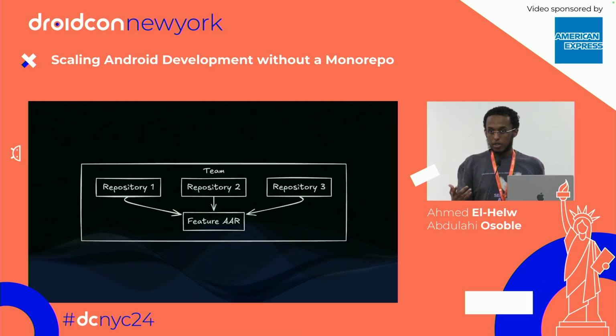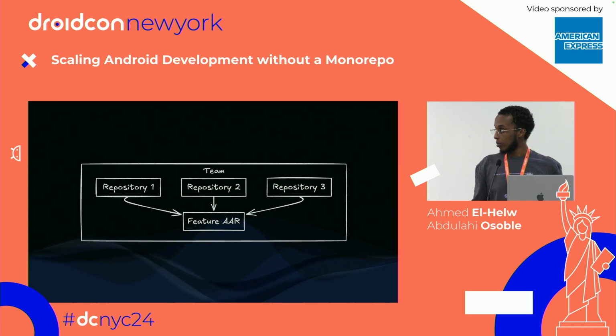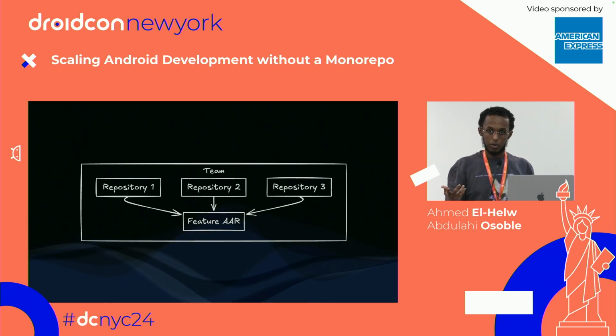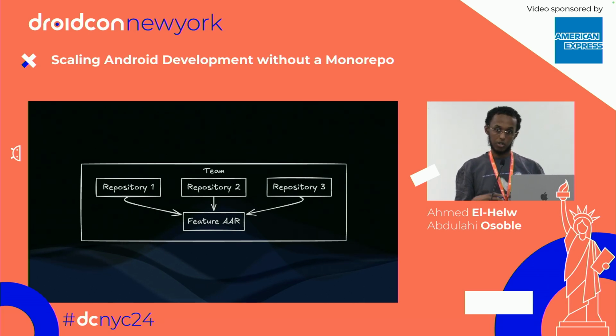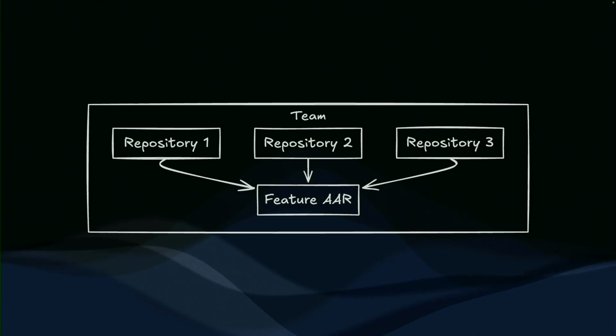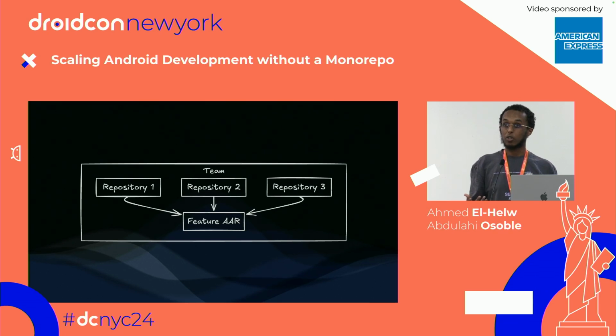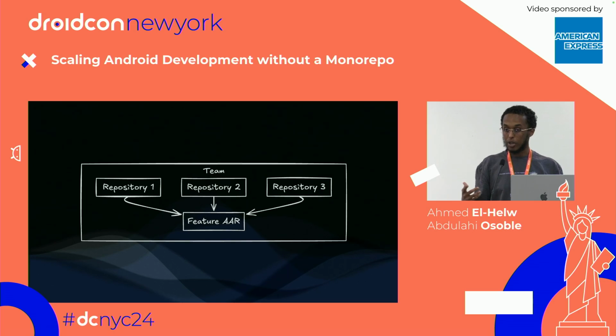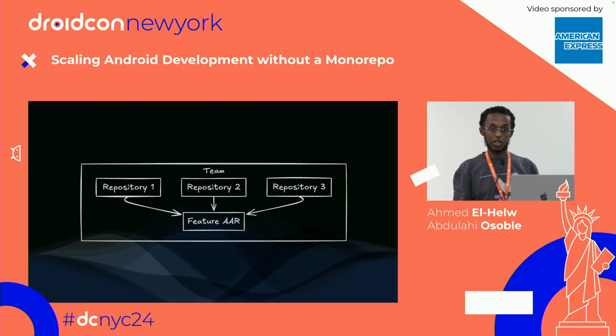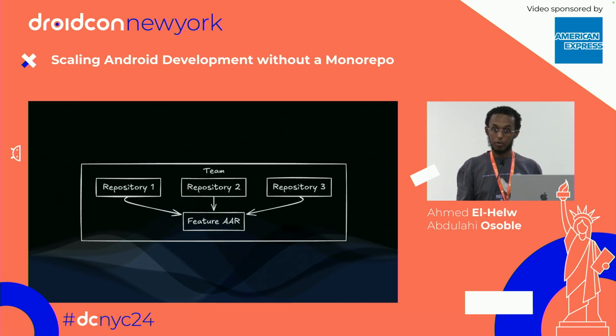Any feature AAR that's shipped out to an app can be powered by a single or multiple repos. It doesn't have to be solely confined to a single repo. And in our case, for example, we had multiple repos combining into a single feature AAR that we shipped out to our super app. And one thing to keep in mind is that every single repo that we had had its own release cadence. So any one of them could release at any point, and they would just bundle up into the previous feature that was shipped and ship out again to the super app.